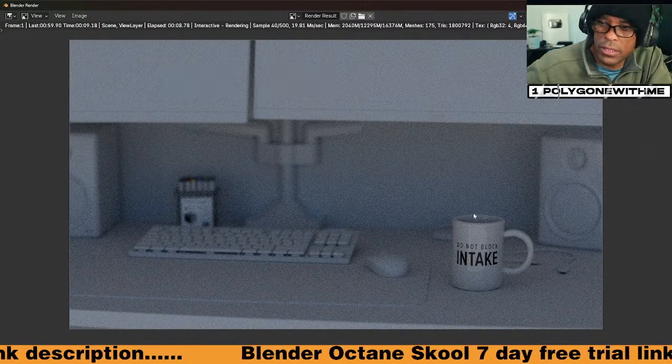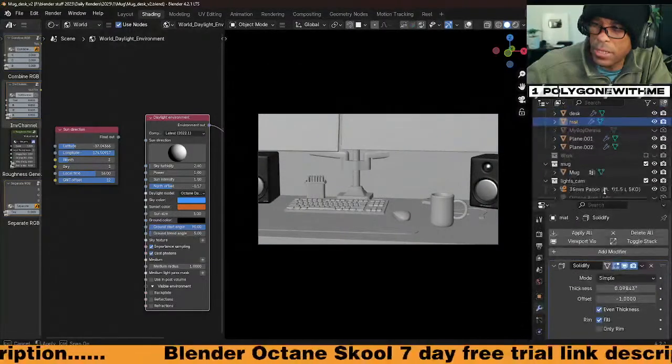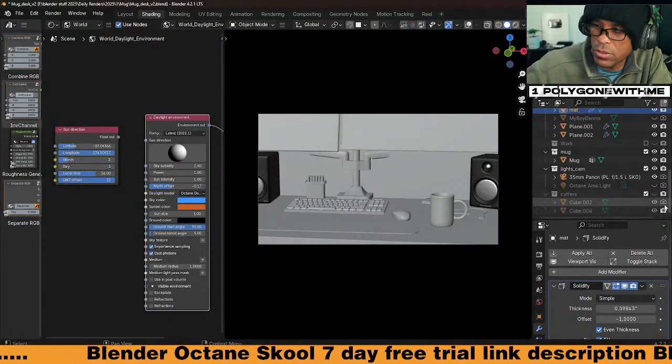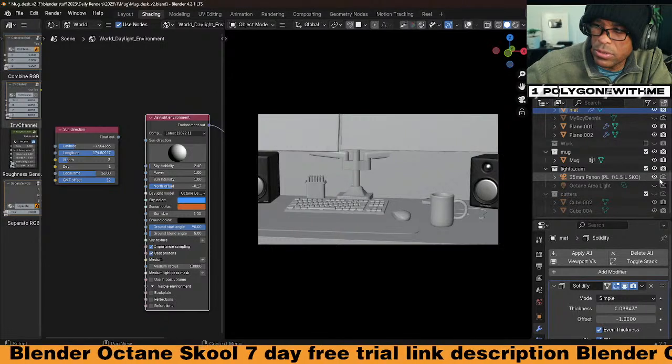Well, what happened to our lighting? Nope, that's not right. What happened to our lighting? What's wrong? Probably my cutters are still rendering. Yep, cutters are still rendering. No, I don't have to do all that. Just took that off. Select that. Cutters are still rendering. What else is muted?